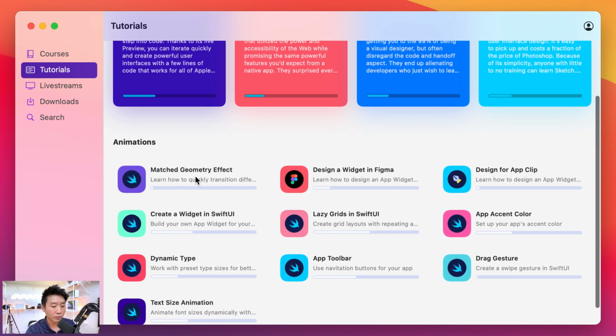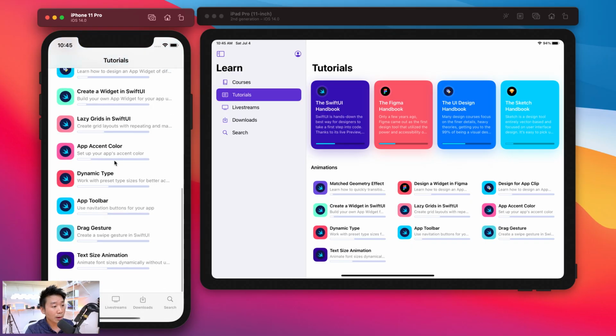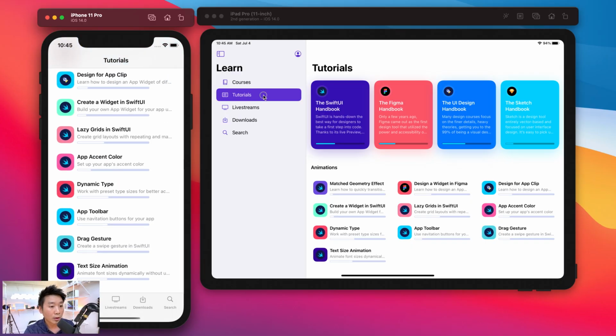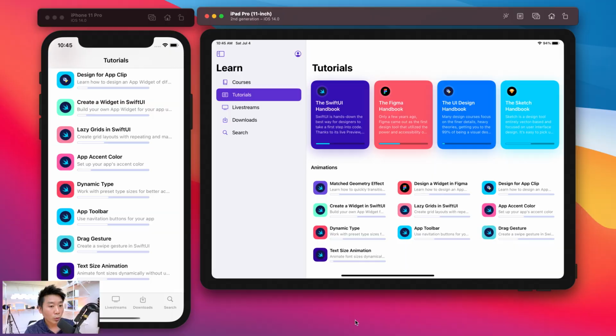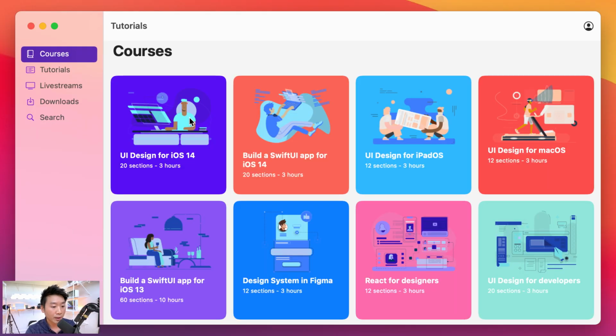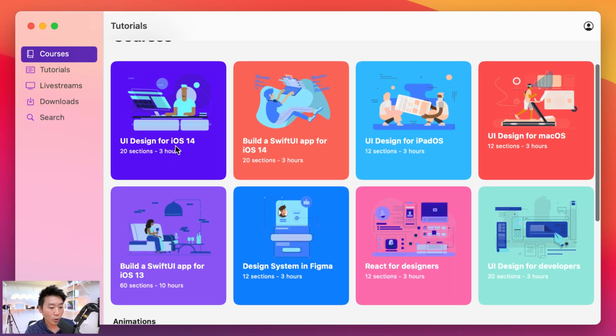And the same for the number of columns. So what happens if it's 1 column? What happens if it's 2 columns? What happens if you have a single line of title, or what happens if you have 2 lines of title? So all of these things need to be anticipated by the designer, but also